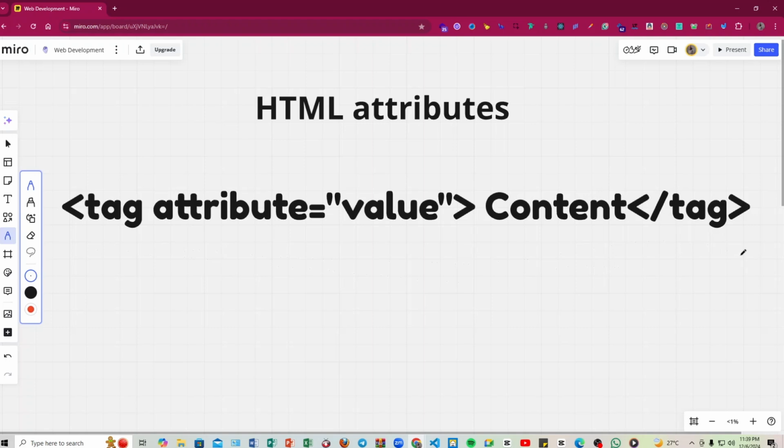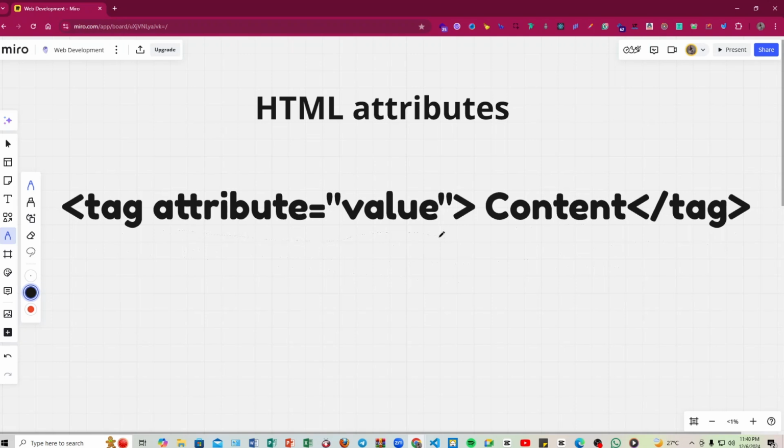You will notice that in this element we have the opening tag and the closing tag. Then the content is between the opening tag and the closing tag. There is another property that we are seeing: